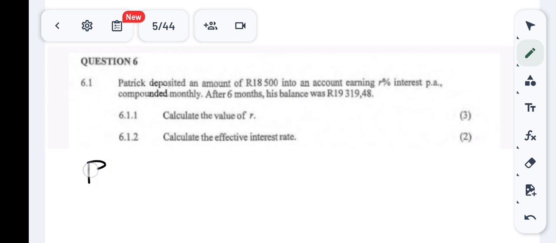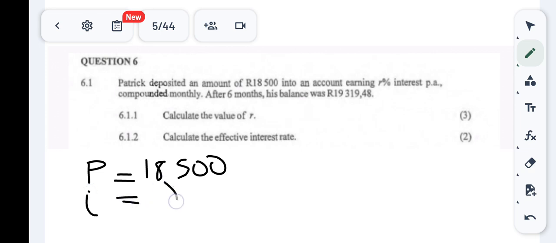Okay, so 18,500 is our present or our principal amount, into an account earning R% interest per annum compounded monthly. Okay, so we are dealing with compound interest here, right? So we are given the interest rate as R%, that is R over 100, right? Compounded monthly, and they're saying after 6 months,